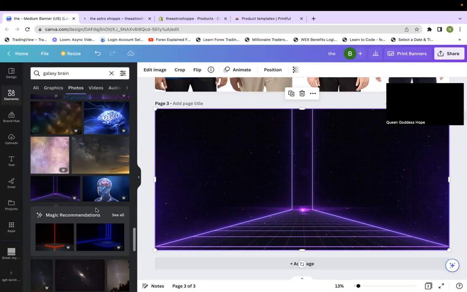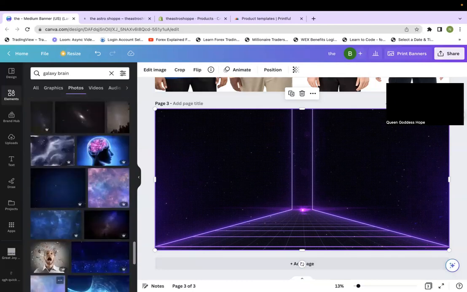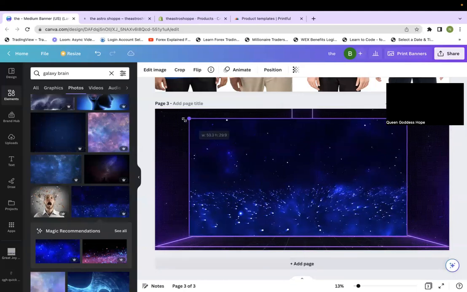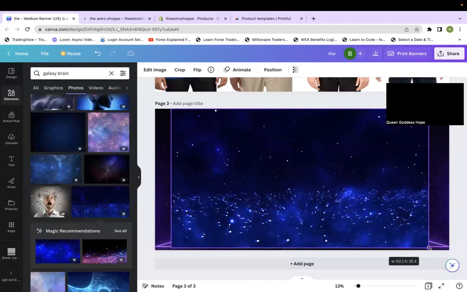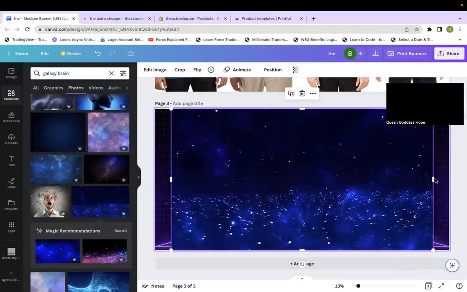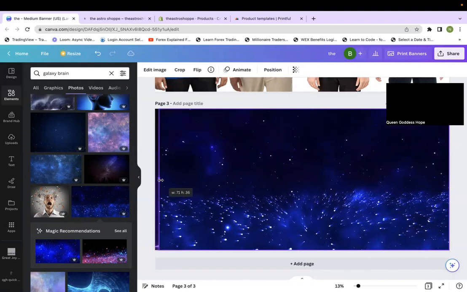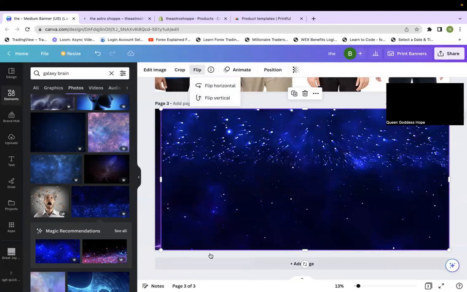So what I'm going to do is keep this like this, but I'm going to put something else in the background that's going to make it a little bit more like Starry Night. I'm going to leave this a little bit just so I can have access to the one in the back whenever I need it. So I'm going to flip this vertically